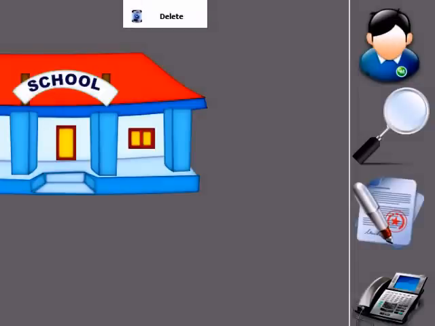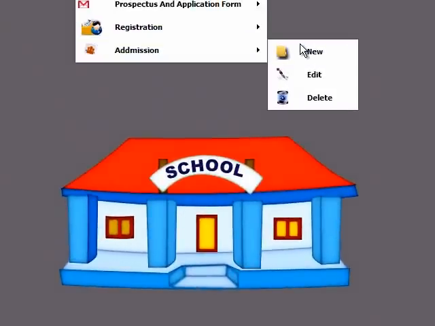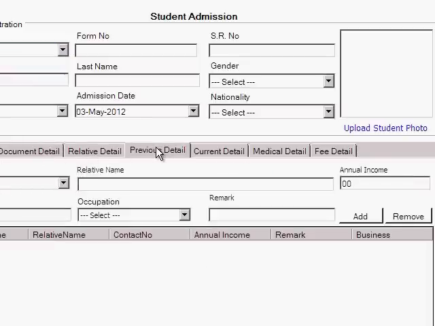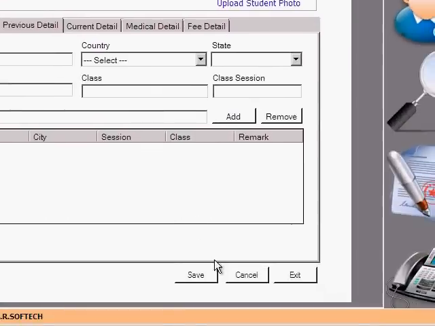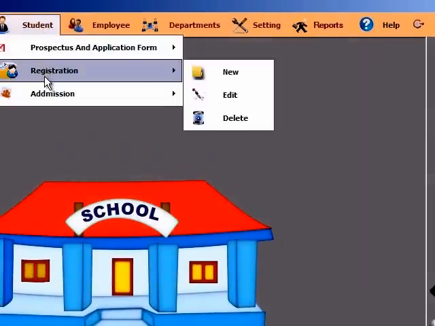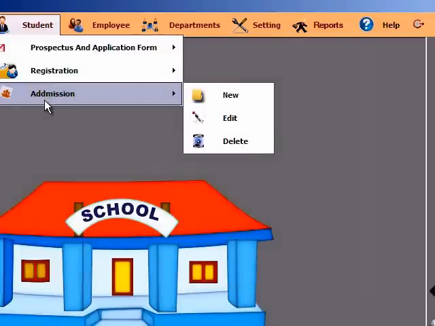The next form is admission, student admission. This is the form of student admission. Similar entries like selecting the session, form number, first name, last name, basic details, documentary details, relative details, previous details, all the information regarding the student. First we have to register the student, and after that you need to